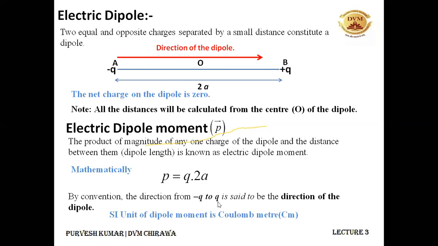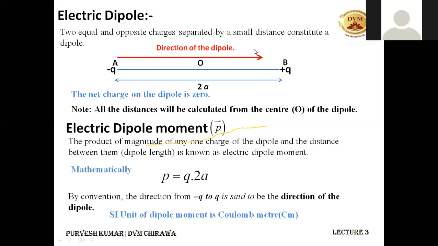All right, this is the SI unit of the electric dipole moment. Please take a note of this, that this quantity, the electric dipole moment Q into 2a, we will be using very frequently in the slides to come. So please make a note of this formula